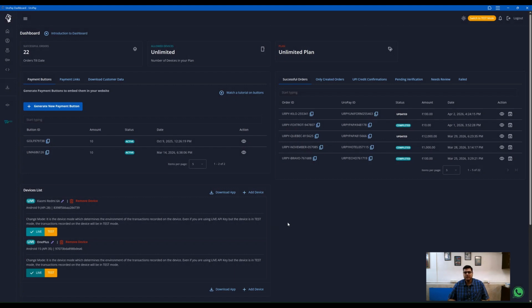So this is all about the association code. Again, to recap, you need to log in to your dashboard to get the association code. Go to the device list and click on the add device button here. You will see a temporary 6-digit passcode which you need to enter on your mobile phone's